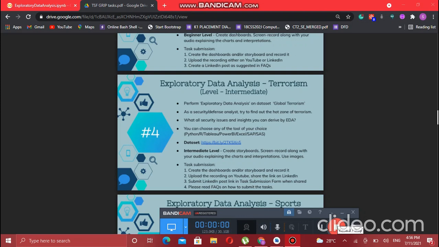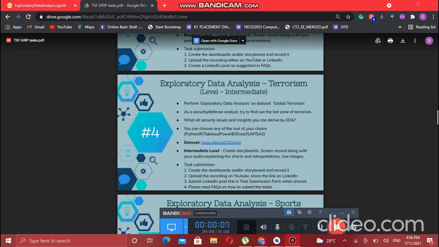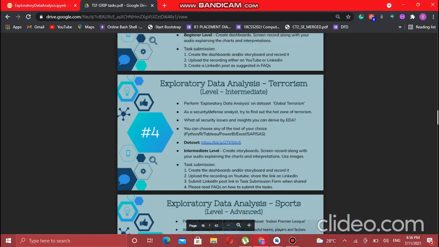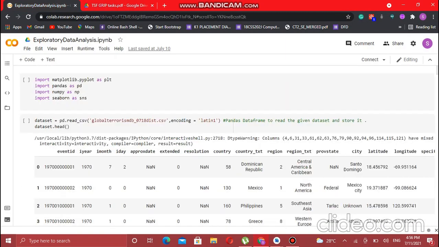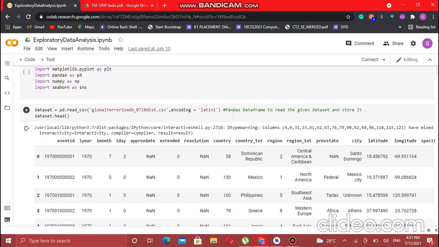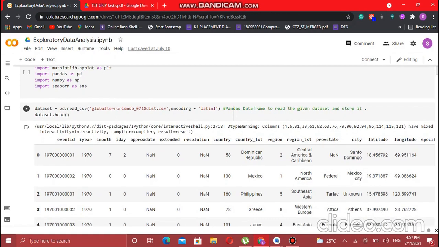Hello, I have done the exploratory data analysis on global terrorism, which was given as a data set. First, I have imported the libraries: matplotlib, pandas, numpy and C1. C1 is similar to matplotlib in order to plot the graphs. And here I have read the data set using the pandas library, and I have displayed the first 5 rows